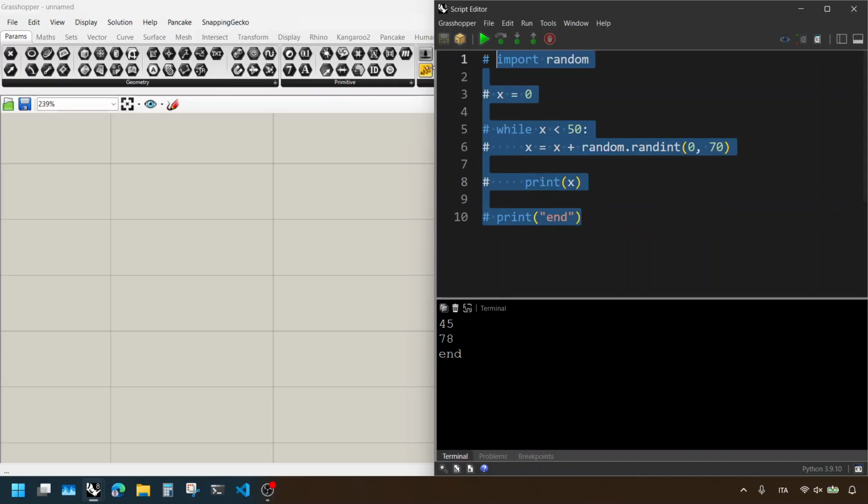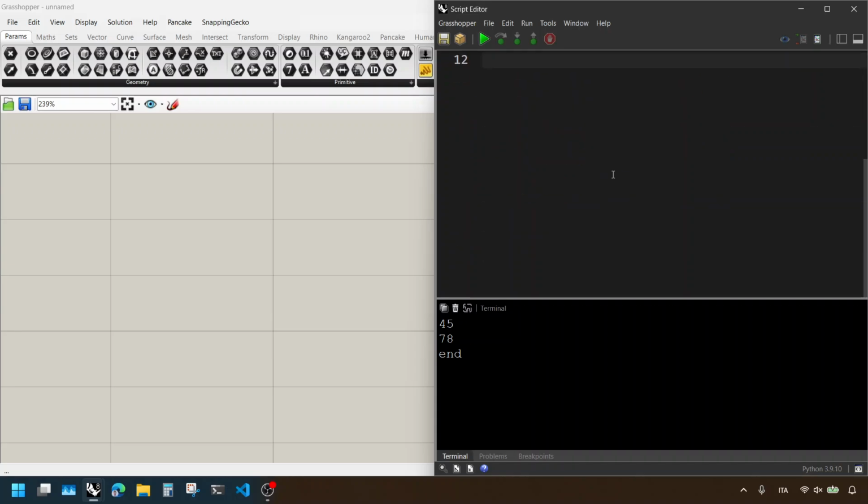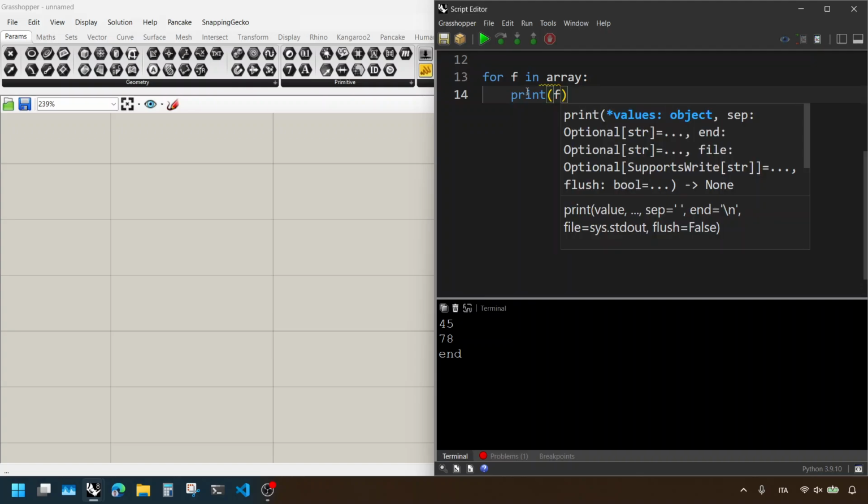Let's now comment this out and see the other loop we have in Python, which is called the for loop. So it's very similar, but instead of using a condition, it uses arrays to start from. So the syntax is like this: for, then some sort of a word. Let's say f in array. This is the syntax, and what happens is that if we print the value of f,